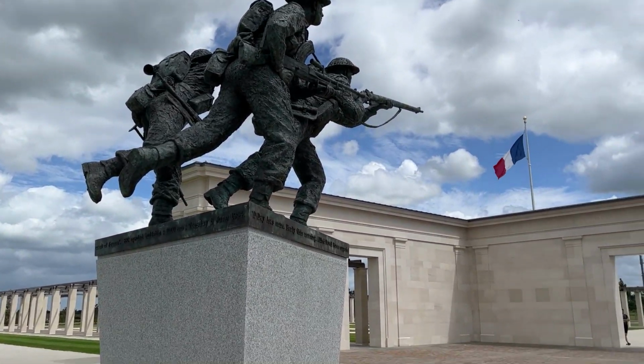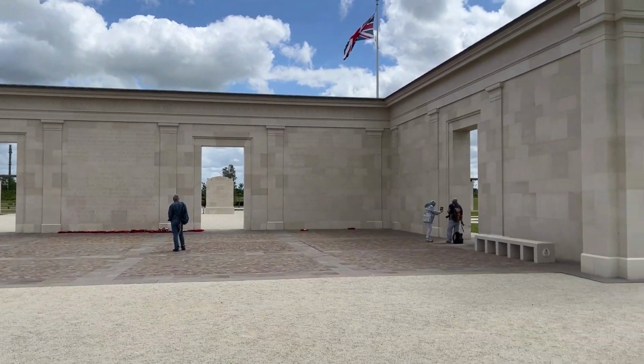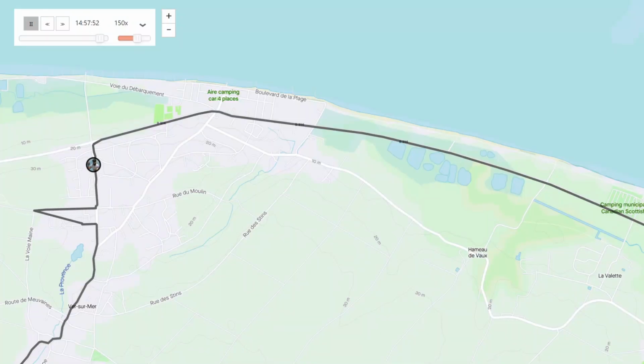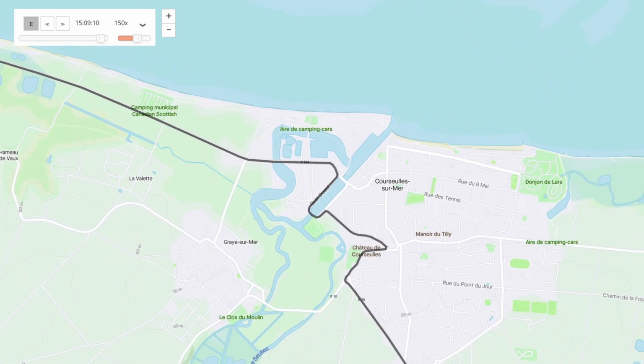That's probably why it's going to take us a little bit longer, so let's just speed it up a little bit, because we spent a bit of time there. Not a massive amount, but we were walking. So there we go, we got back on the bikes and along the front again into